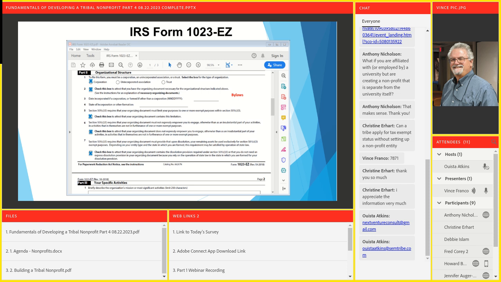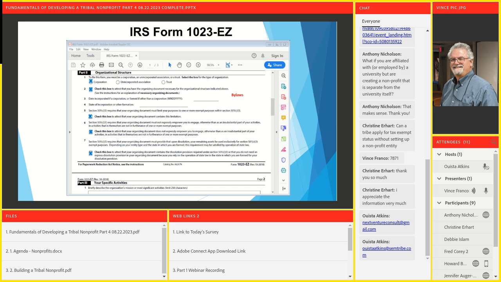Number 7 requires that your organizing documents must provide that upon dissolution, your remaining assets will be used. Remember, to refresh your memory, back in the articles and in your bylaws, you have to state what's called a dissolution, which is a fancy legal word for if the entity fails, what are you going to do with the income? What are you going to do with the assets you might have accumulated while you were up and running?